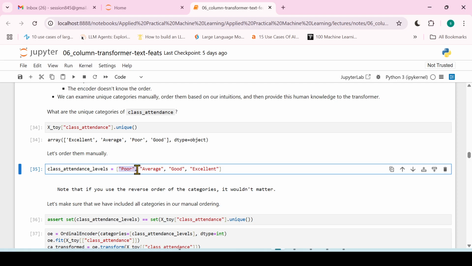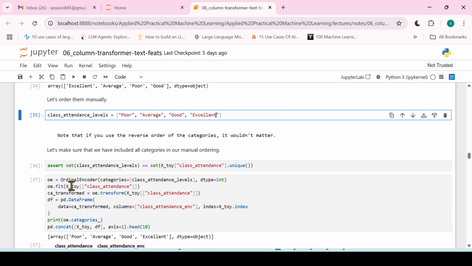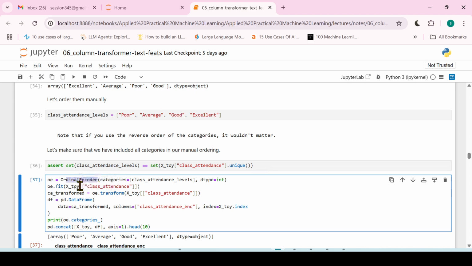So the number assigned to poor will be 0. The number assigned to average will be 1. For good it will be 2. For excellent it will be 3. Right? So now we can pass this list when we do the ordinal encoding. Here in the ordinal encoder, when we want to create the object of the ordinal encoder,